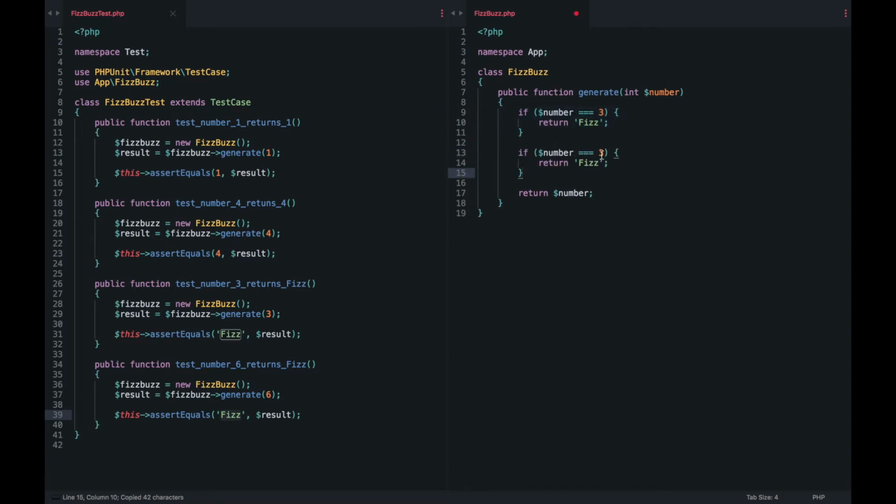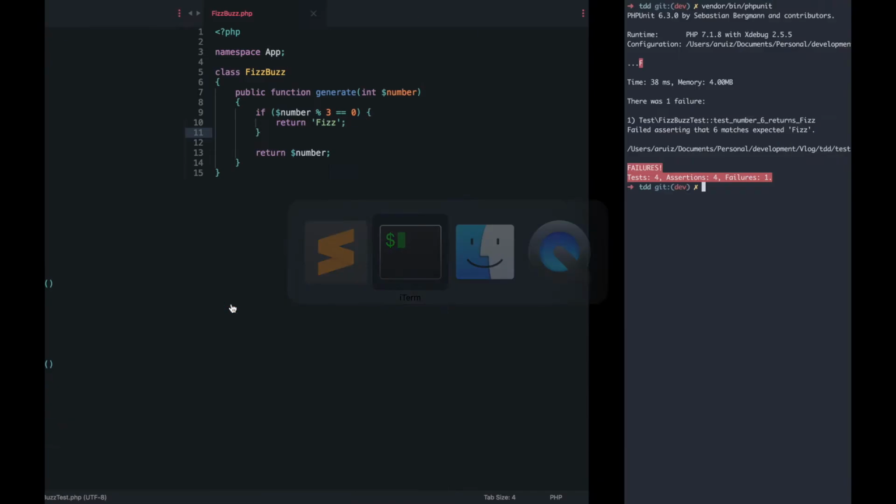Okay, we could do if number is 6, return that, but I think at this stage it makes sense to do if divisible, modulus or whatever it's called, 3 is equal to 0. So if this number divided by 3 leaves us with a 0, then it's divisible by 3. So let's do that, and hopefully all the tests now go to green.